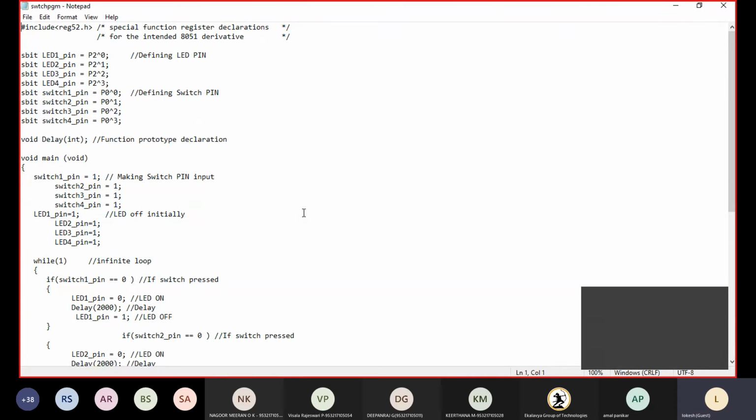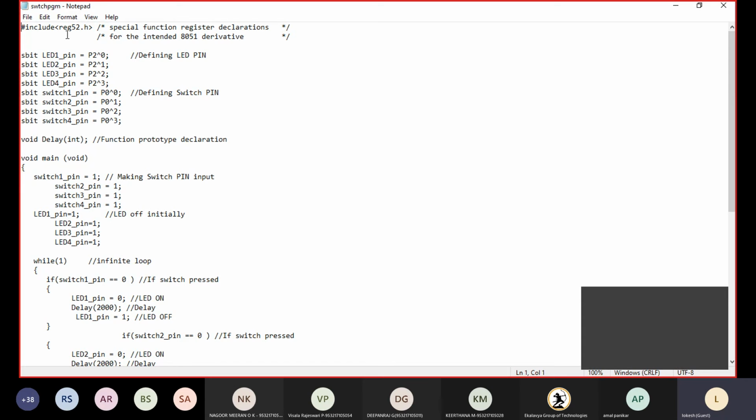So I will try to tell you about switches, how we can interface a number of switches with a number of LEDs. Previously we have taken only one switch, one LED and a buzzer. Now we will take n number of switches and n number of LEDs. You can see here, this is how we are going to have it.